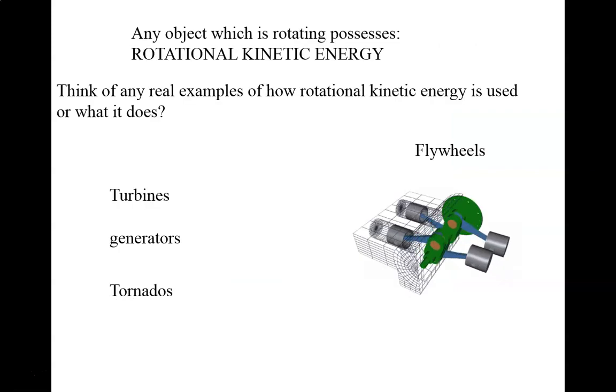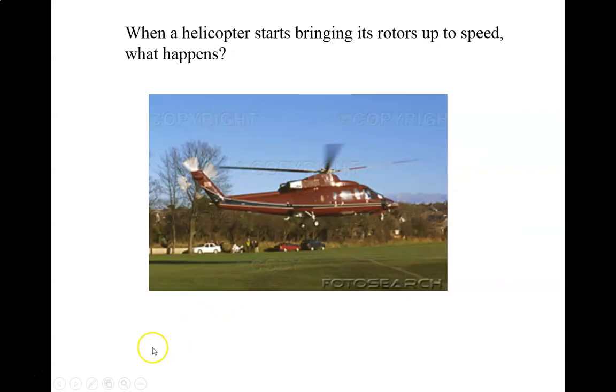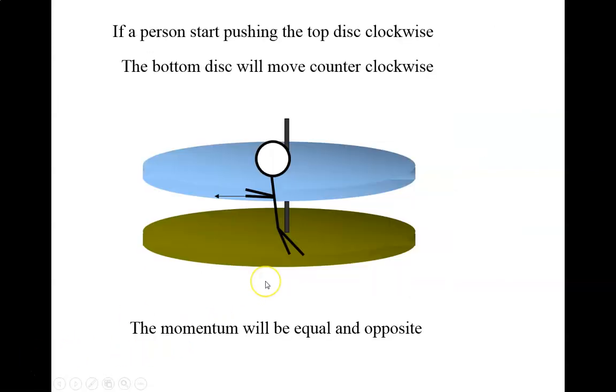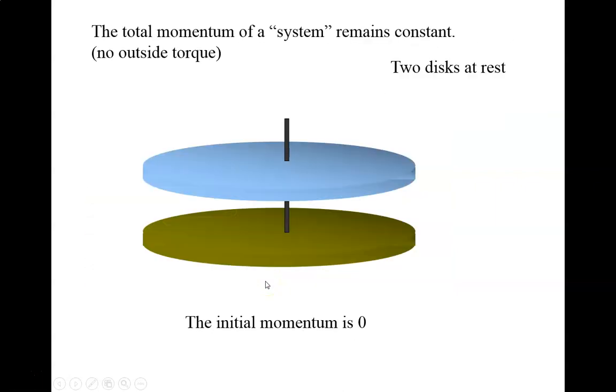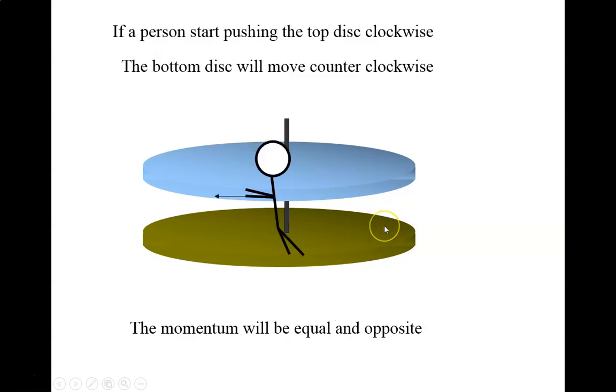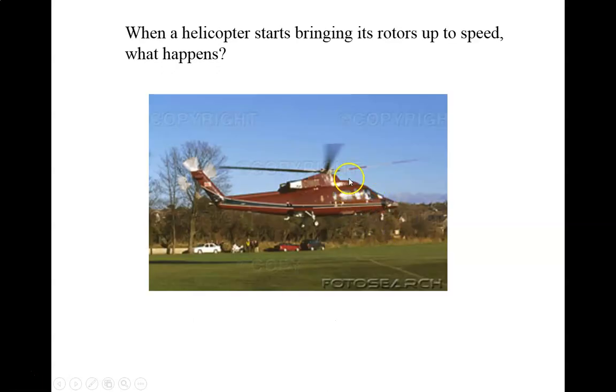Let's see. I think that is it for today. Now, one thing that conservation of rotational momentum means, there's more than one implication, but one would be that if we had 0 rotational inertia,